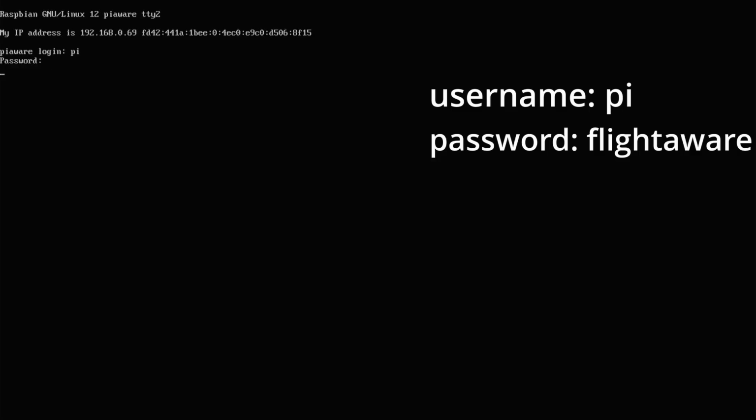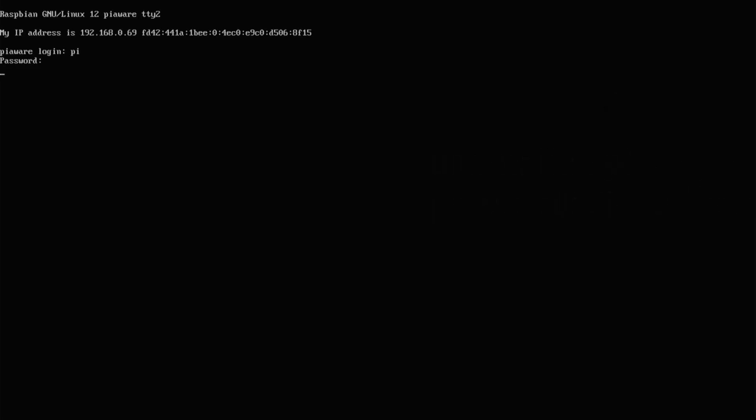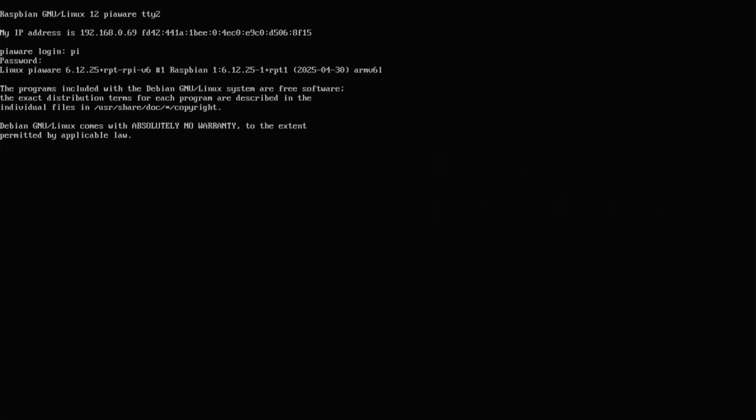Once you've typed it, press enter, it's going to log you in, and then we can start installing the FlightRadar24 service so that we can start feeding to that as well. So once you see this green Pi at PiAware, that means it is ready to go. So we're going to put in this command. I'll leave this in the description so you can just copy and paste it, or if you're using a keyboard like me, you are unfortunately just going to type it in, but it is